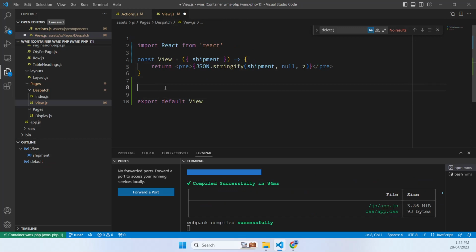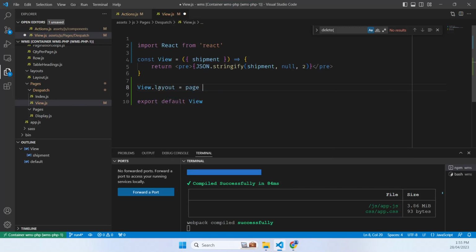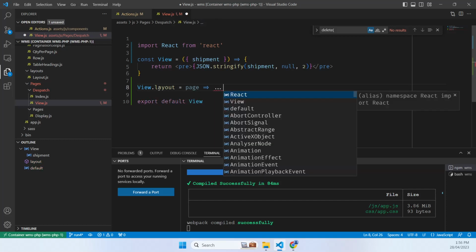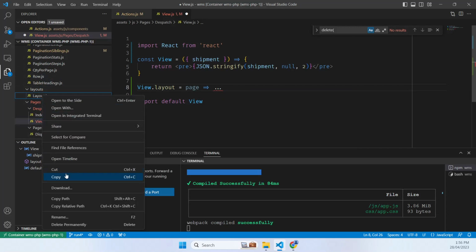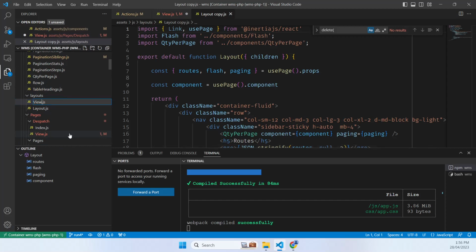So now when we want to override a layout for just one component, which is this view component, we can set view.layout here and then an arrow function and say, okay, taking this view page, instead of passing it to the default layout, pass it to another layout. So we need to create another layout here. So what I'm going to do is copy and paste, and we'll call that the view layout,